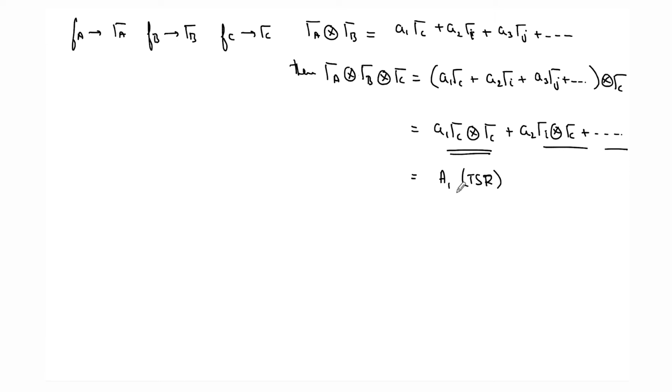And if we have A1 present in the system, we can say that the integration of FA, FB, FC is invariant under all symmetry operations. If it is invariant, it behaves like an even function and the integration is not equal to 0, right? So that is the point we are trying to make. Now let's see where this particular integration is useful.